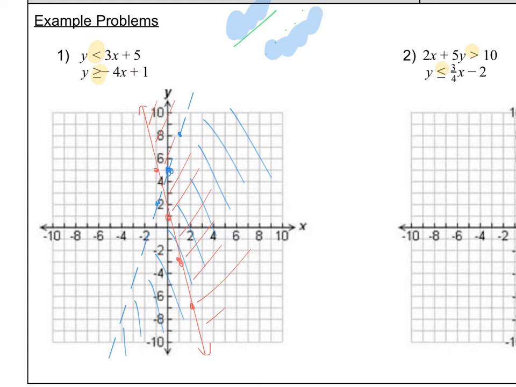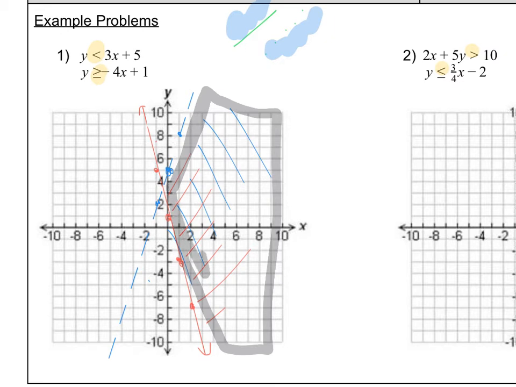So now what we want to focus on is the overlapping region, the solution region, where both of those shadings occurred. And that is going to take place where we see both the red and the blue in this region right here. And I'm not going to color everything in, that would take forever. So what that says is any point in this region would be a solution for not one but both of